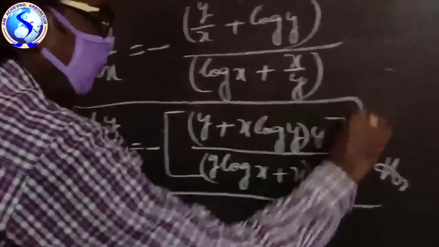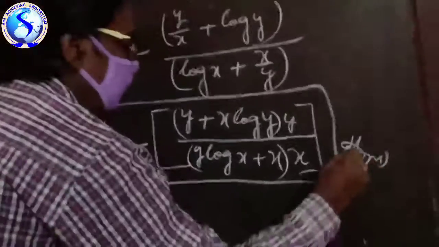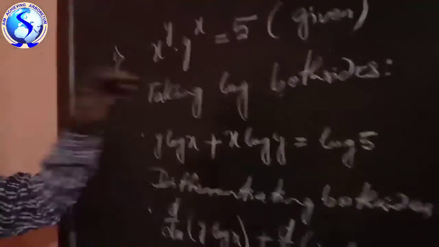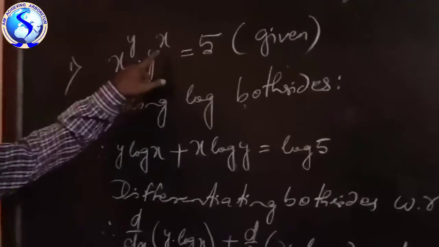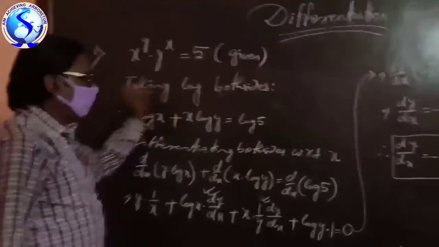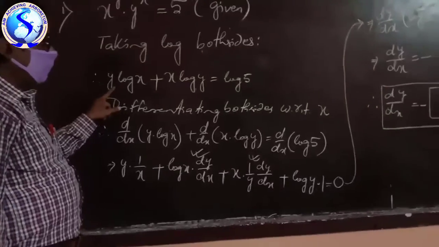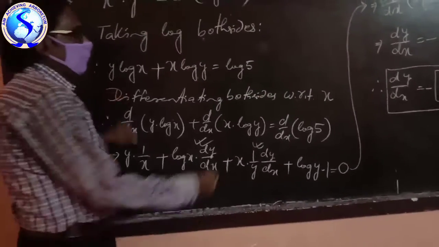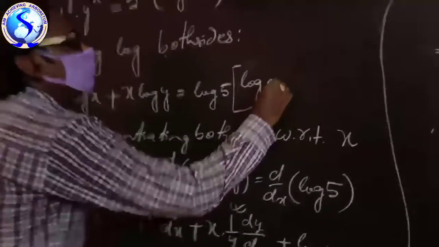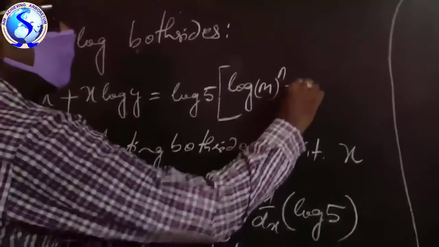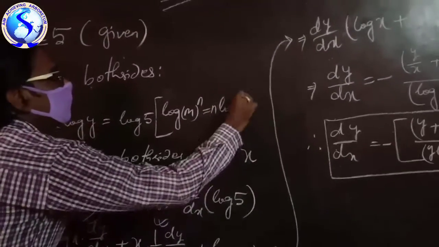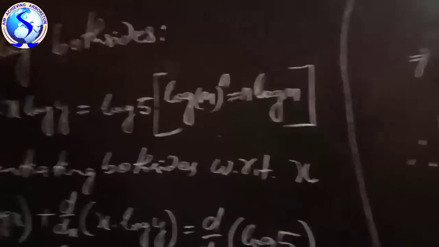Though the question looks difficult, actually it is not difficult. Just see again, focus here. x to the power y into y to the power x equal to 5, taking log both sides as per the logarithm property. If you have not memorized it, I'm writing the formula for you. Log m to the power n, what is that answer? That will be n log m. The power will come in front. This is our property that I write here.